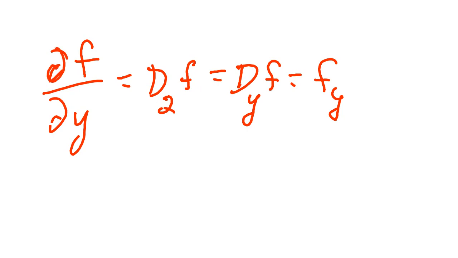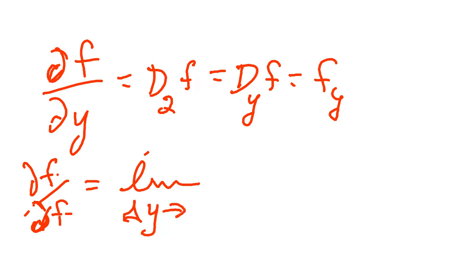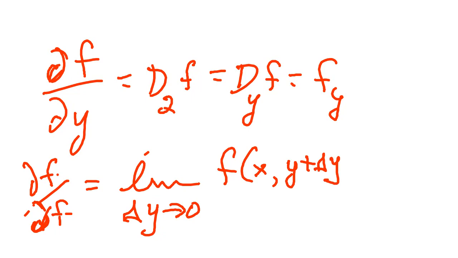So anyway, long story short, what is that partial derivative of f with respect to y? I want a curvy one. Anyway, this is going to be the limit as delta y approaches 0 of f of, now in this case, x is fixed, and then it'd be y plus delta y minus f of